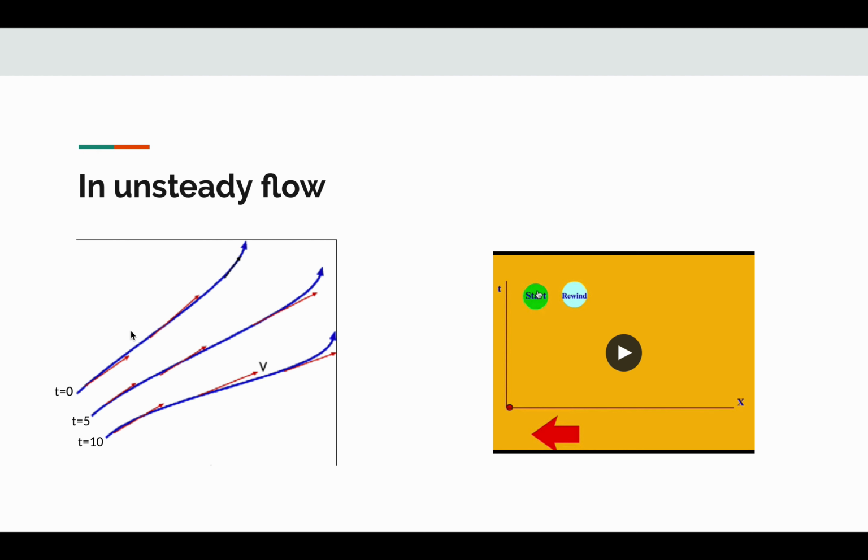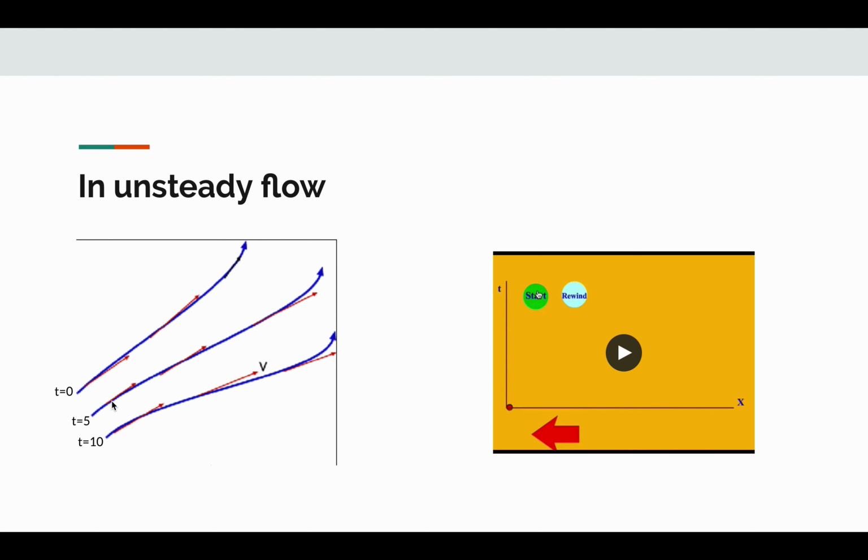back to streamlines. Let's say that at t equals 0 seconds, this is the streamline. This is what the streamline looks like. The velocity vectors are these red lines at that specific time. Now, at a certain time later,